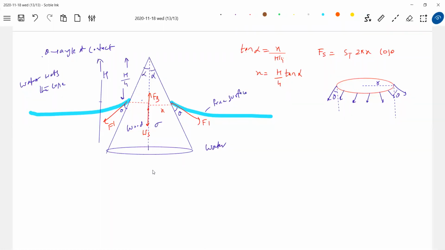Come to the angle of contact. This is a solid surface, and this is a liquid surface. So what is the angle of contact? The angle measured inside the liquid between the tangent drawn on the free surface and the solid surface. You should measure inside. No, this is not the angle of contact. If the water wets the cone completely, tell me how this F dash will act along the slant length.